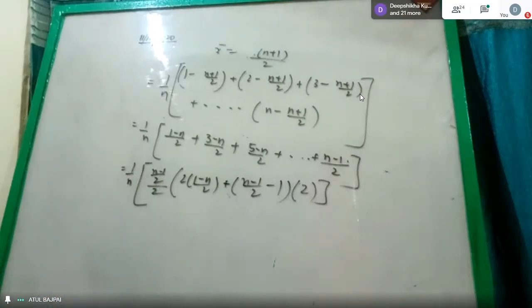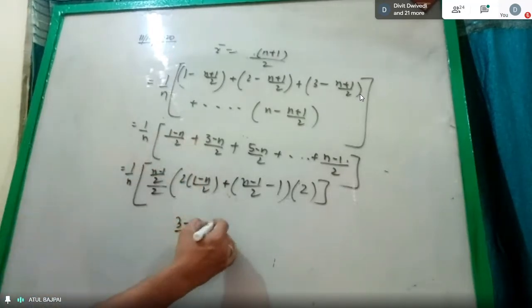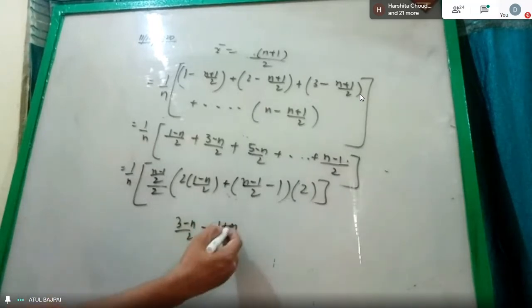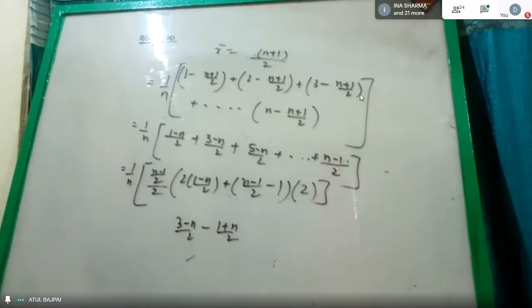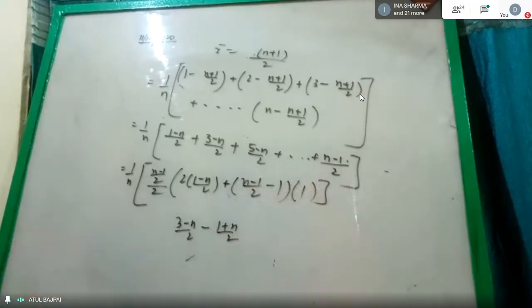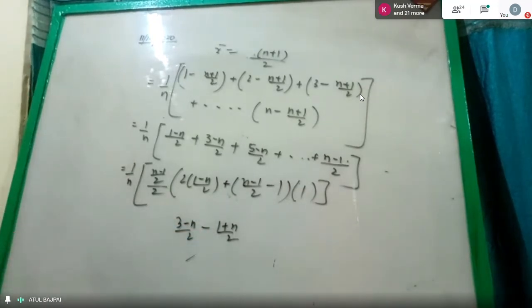Sir, how do we get d equal to 2? D is not 2, it is the difference. Just check: n minus 1 by 2 minus n by 2, so like this we will get 1. You're getting 1? Yes, sir. Then write n as 1. Yes, D is 1. 3 minus 1 is 2, upon 2 is 1. Check this also. Yes, D is 1 over here.